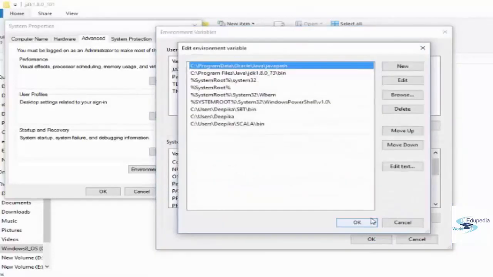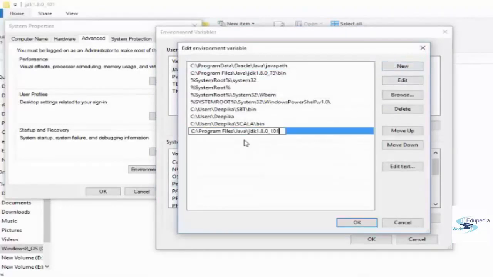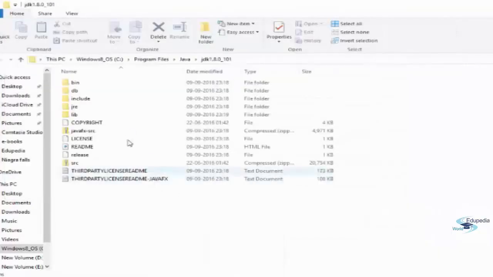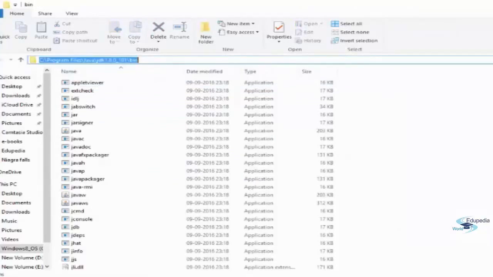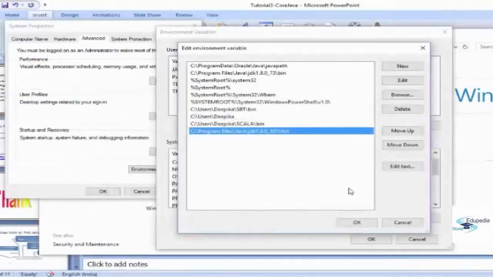You just need to click on edit and over here, just click on new and just under new, put the same path of JDK till bin. So I have placed the same path wherever my JDK is installed till the bin folder. So you can see under our JDK, there is a bin folder. So I have placed this path in my path variable of system variables.